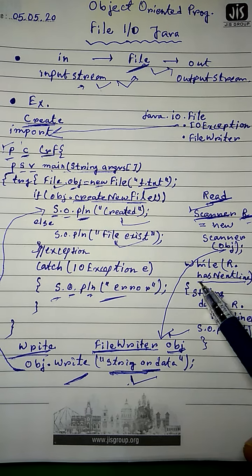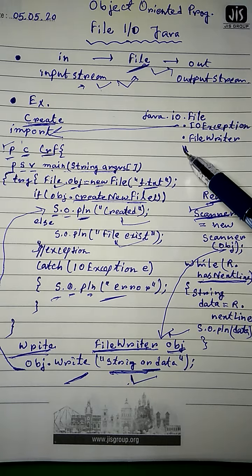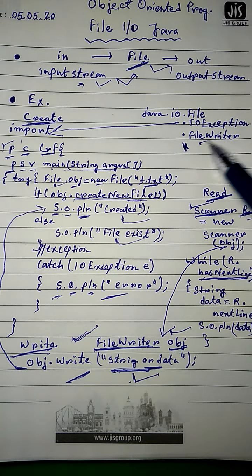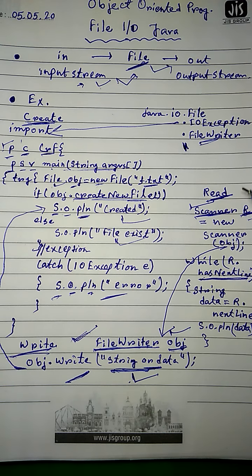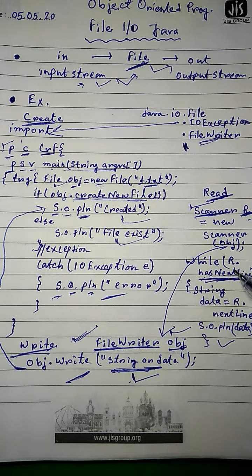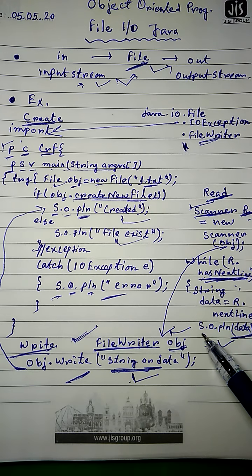This is the keyword hasNextLine. Now FileWriter will be used for the writing purpose. For reading purpose, File and IOException are required. FileWriter is not required. Okay. So this is the actual way you have to do it. Now it will continue until the next line no longer exists. If it does not exist, it will stop, and the data will be printed one by one.